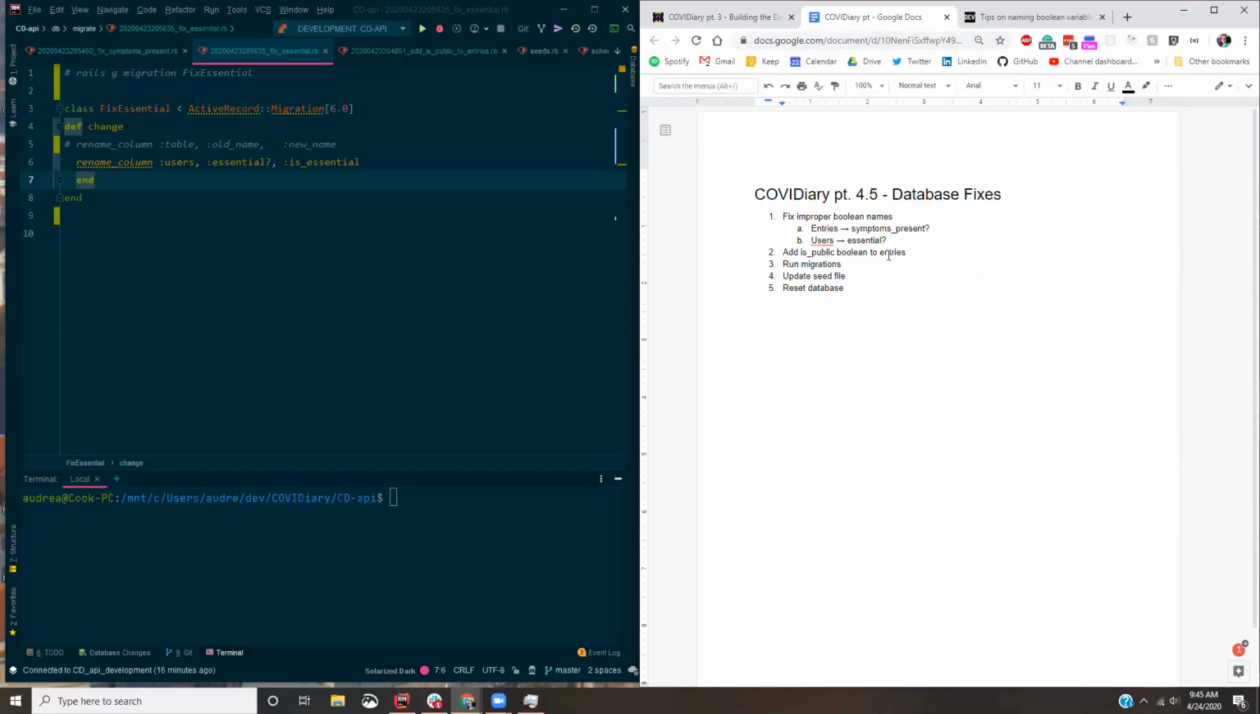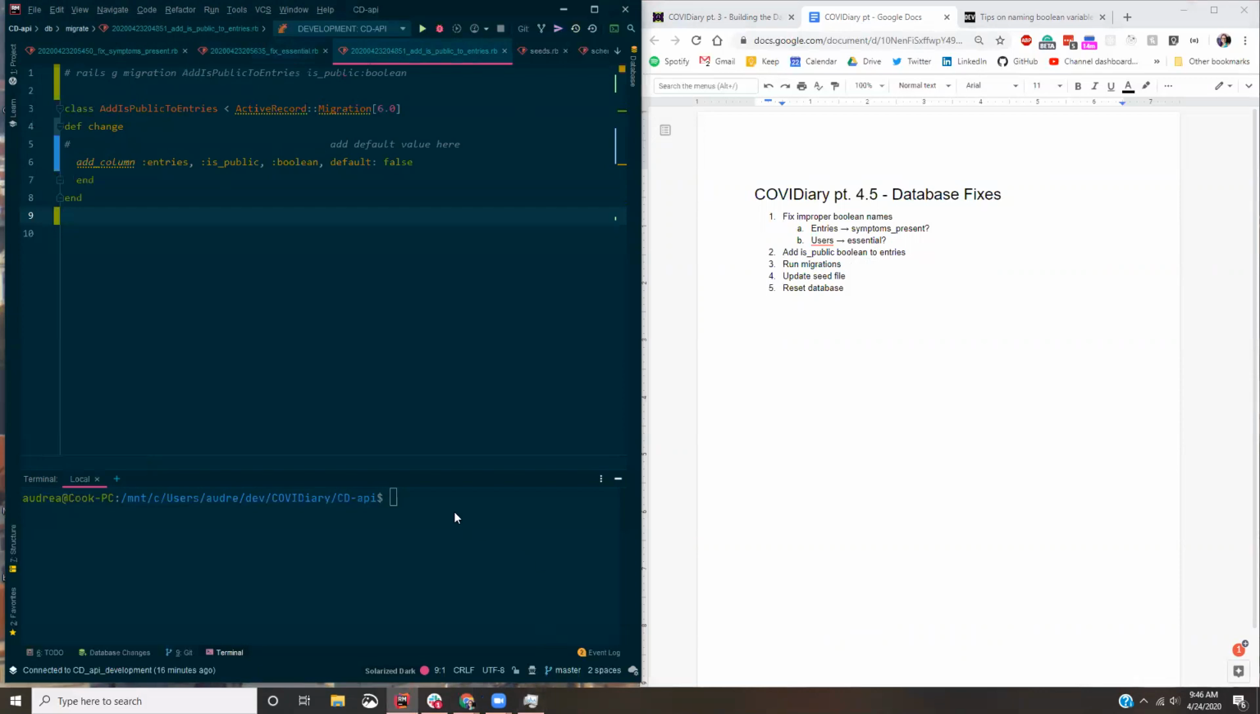Now we're going to add is_public as a Boolean to the entries. The reason why we're going to do this is next week when I show you how I set up the routes and the controllers, I want the users to be able to access their own personal entries, and then also all of the COVIDiary entries that have been made public by other users. To do that, we need a way to allow the users to decide if they want to share their private thoughts or not. So we create another migration, rails g migration add_is_public_to_entries,